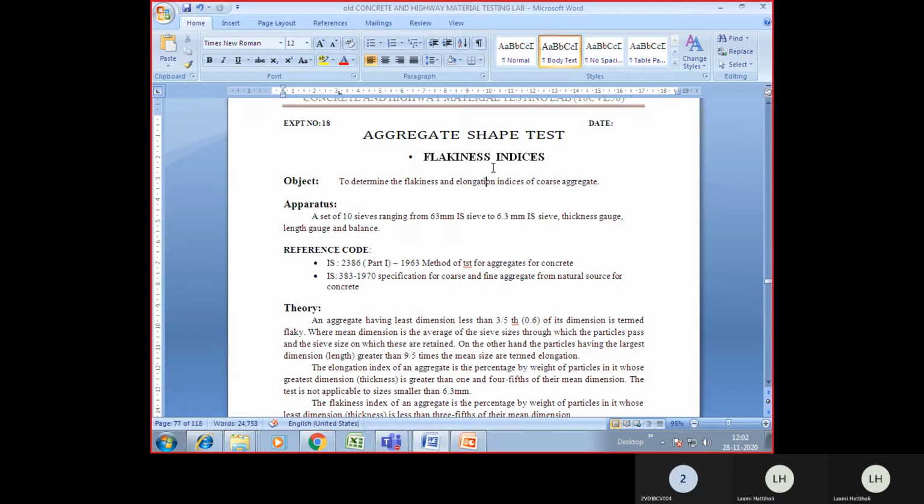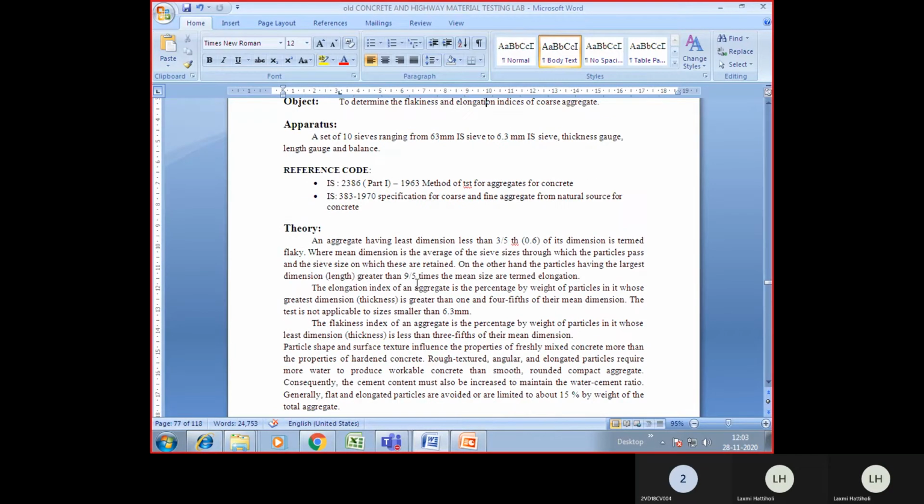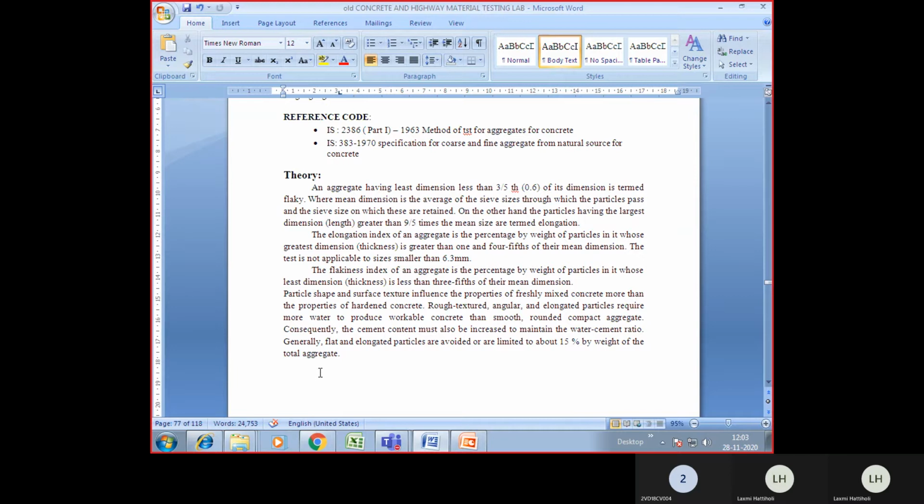But in an overall understanding, flaky means the thickness is less, elongated means the length is more, and angular means everywhere you get the corners, so you will get all the angles. Let me show you the image itself first.